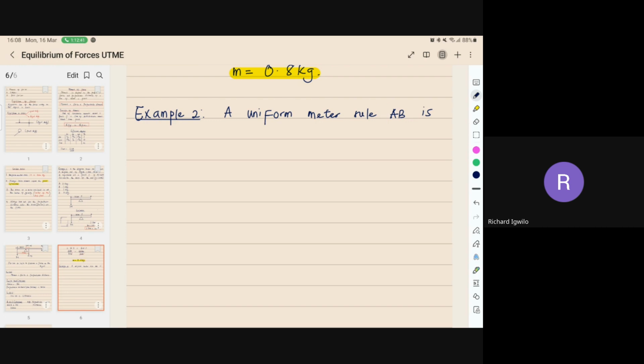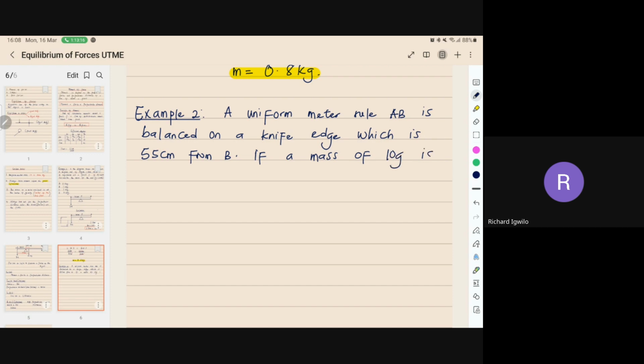So uniform meter rule AB is balanced on the knife edge, which is 56 centimeter from B. If a mass of 10 kg, sorry, 10 gram is hung at P, which is